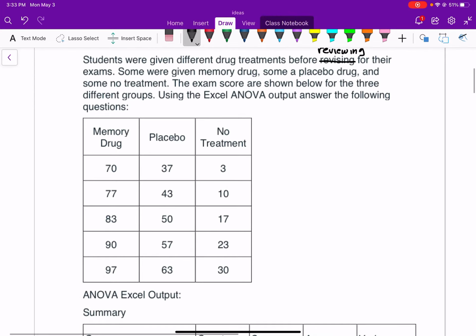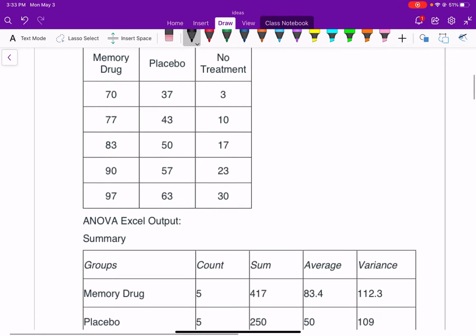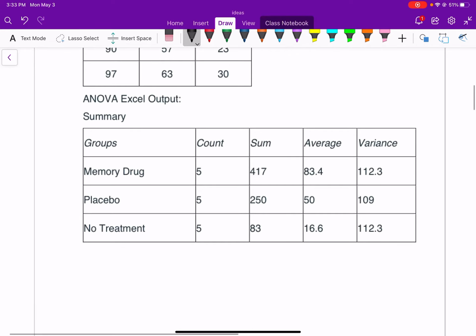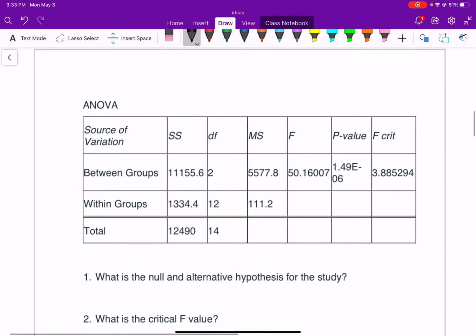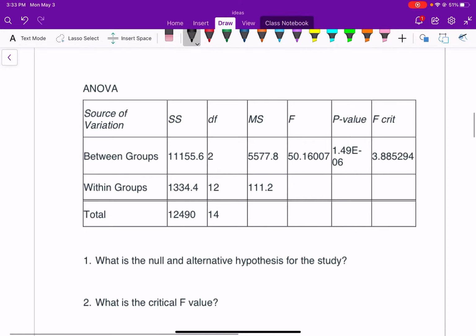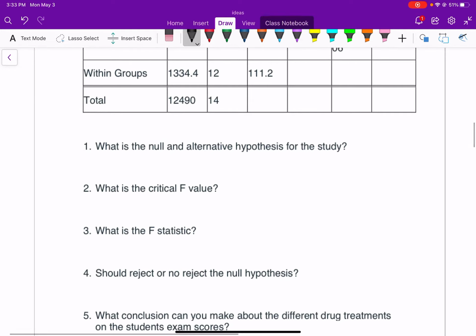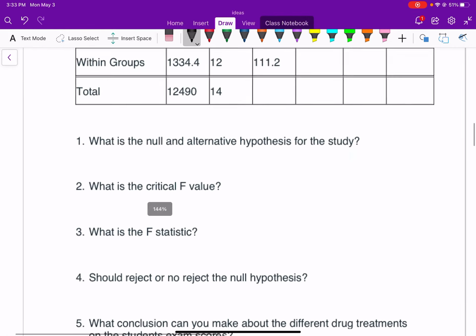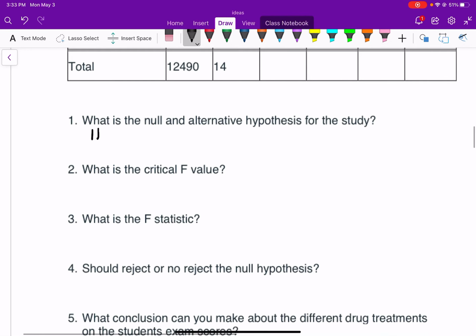So we have our memory group, placebo, and treatment, and then you'll notice that we get our summary of our ANOVA Excel output and the rest of our summary right here. So starting off for question number 1, where we want to talk about the null and alternative hypothesis. So the null hypothesis, H sub 0, we have a couple of different ways we can write this. We can write it in sentence form, which would be that there